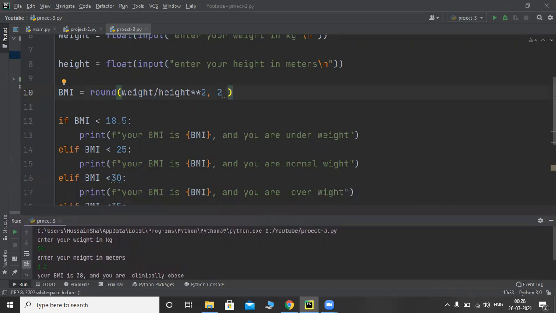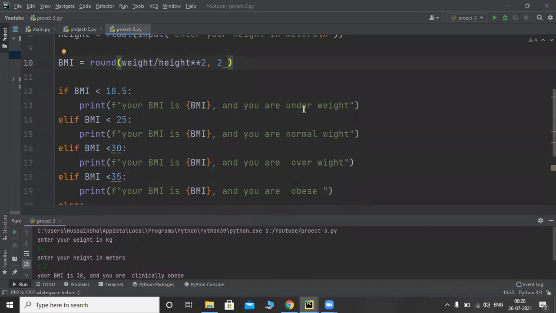And then this is a very important part here. It is condition based. In our day-to-day life, we have two paths, right or left, and to decide which path you want to go, you use conditions. If BMI is less than 18.5, whenever this condition is true, then only the code inside this block is going to execute.